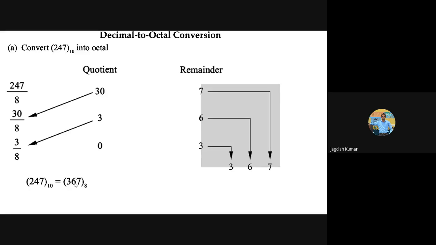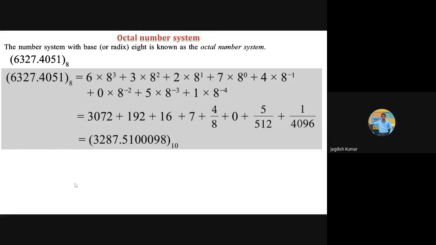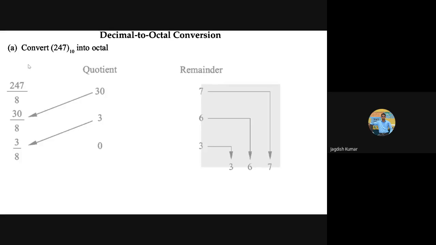Or let me come to the previous example. If I take an integer part of this, if it were decimal, I should have called it 6,327. But in the octal number system, I cannot call it 6,327 to the base 8. No, I can't call it like that. Why so? Anyone? It is octal. So, because